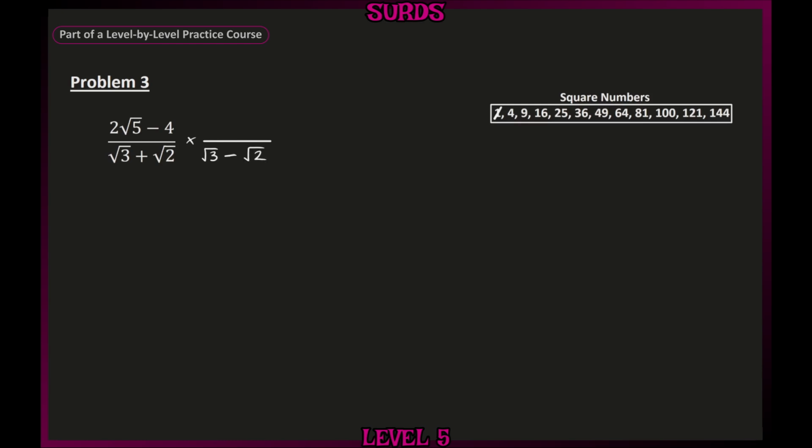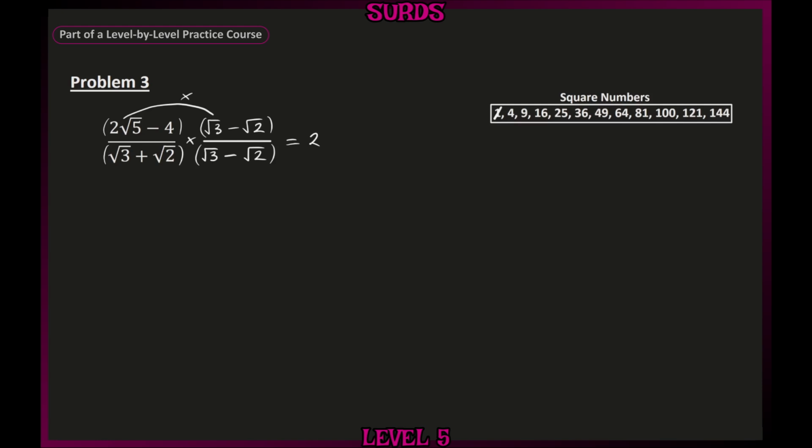And doing this will help us rationalise the denominator, which means to get rid of those square roots. If we do that to the bottom, we have to do exactly the same to the top. And to make sure that we expand these correctly, I'm going to put each of these into brackets, and we can now expand. So starting with the numerator, 2 root 5 multiplied by root 3 gives us 2 times,